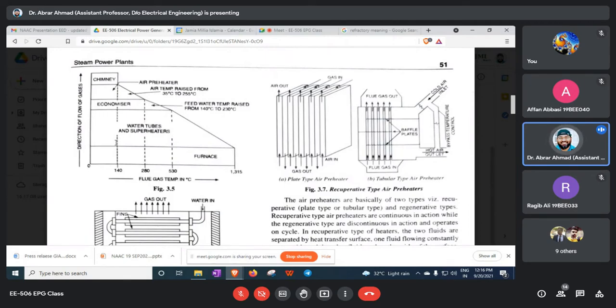So you can see that while the superheater could be at a temperature of 530 degrees centigrade, the economizer is at 280 degrees centigrade, and then the preheater is getting down to 140 degrees centigrade. Still, if you go to the chimney, you will get somewhere around 100 degrees centigrade or a little bit lesser than that. So you can see that the heat is produced, and we want maximum heat to be extracted from the air which is being burned by the coal.